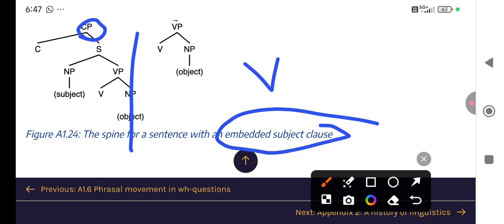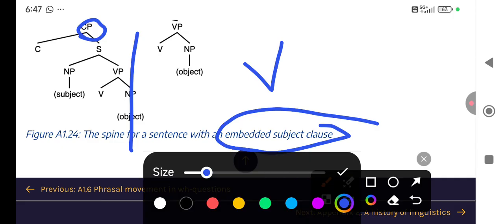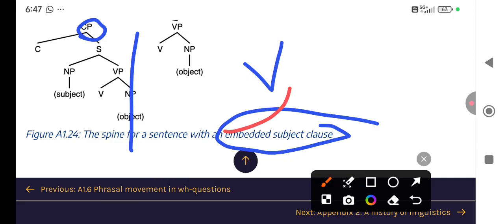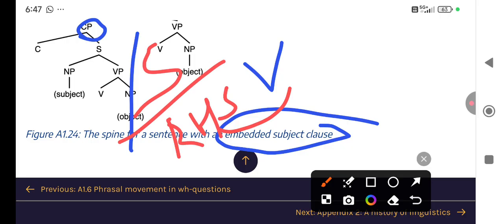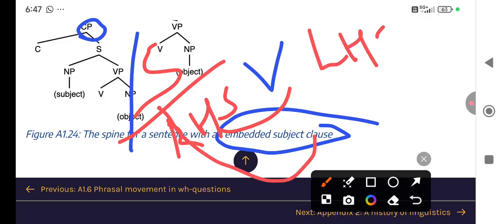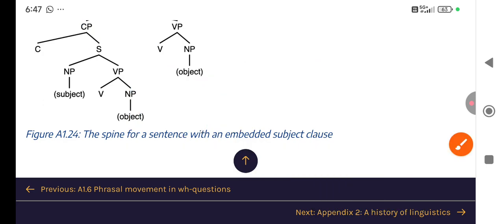So you just have to understand this is the main verb, and on its one side is the subject clause, and after the verb, on the other side, is the object clause. Okay, now